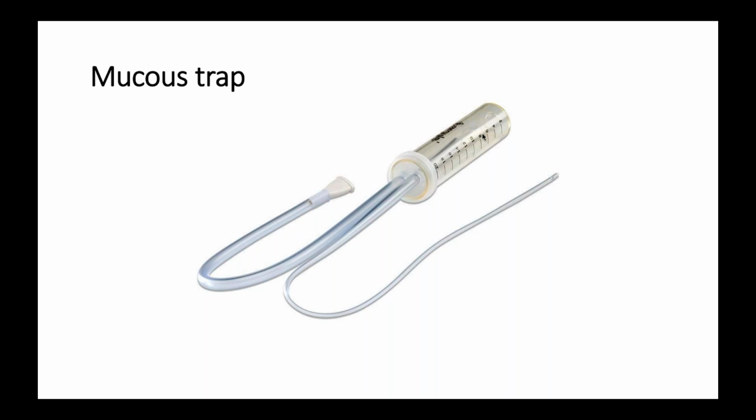So while doing a bronchoscopy, we add fluid into the tracheobronchial tree, and we aspirate it, and we attach this thing to the suction. So when the negative pressure is there inside, the fluid will get sucked into this vial and it will get collected here. And since the other tube is at a raised level, this will not be able to go into the suction chamber. So we can send this fluid for analysis. So this is called a mucus trap for sucking out secretions and can be sent for analysis. Okay? So it can be used in bronchoscopy to collect bronchoalveolar lavage.